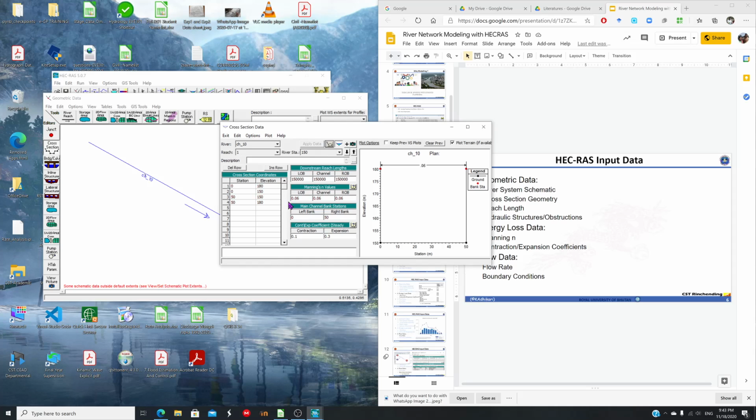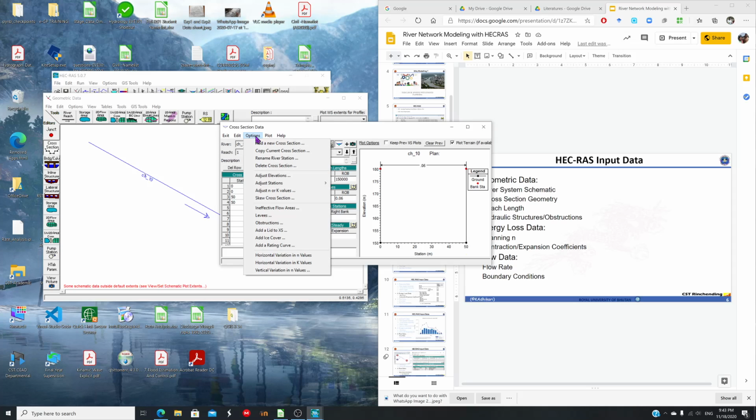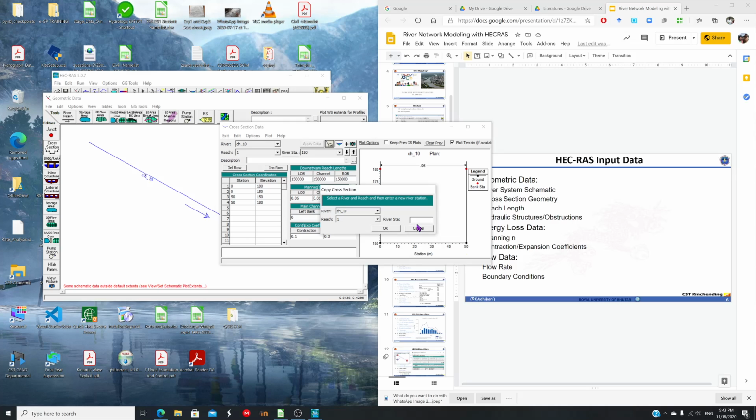Okay, now this was my first cross section. Now next is, let me create a new downstream cross section. For that, what I'm going to do is copy the current cross section, because everything remains same. I'll just have to make some changes with the coordinates, which I'm going to do. So river station, I'm just putting it as 1. This is my last cross section downstream. Okay, so everything remains same, just the changes are